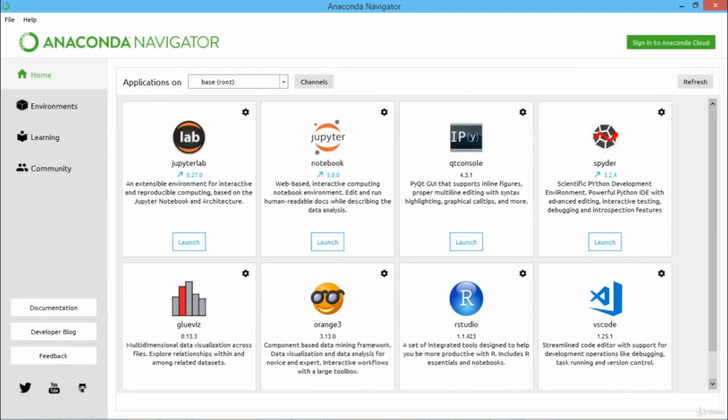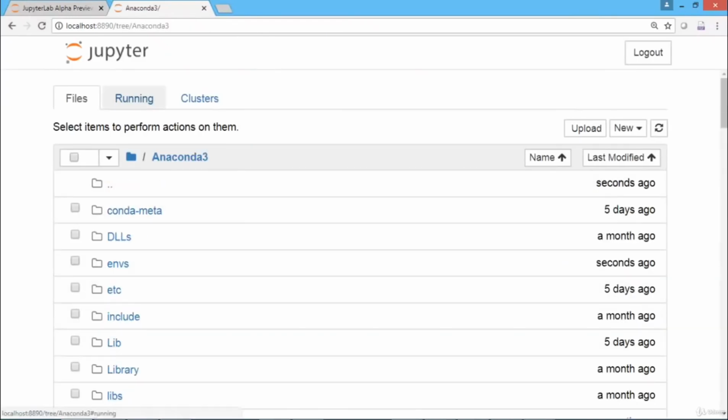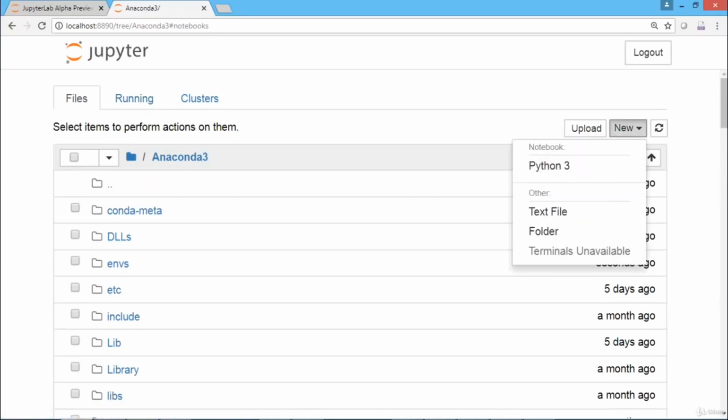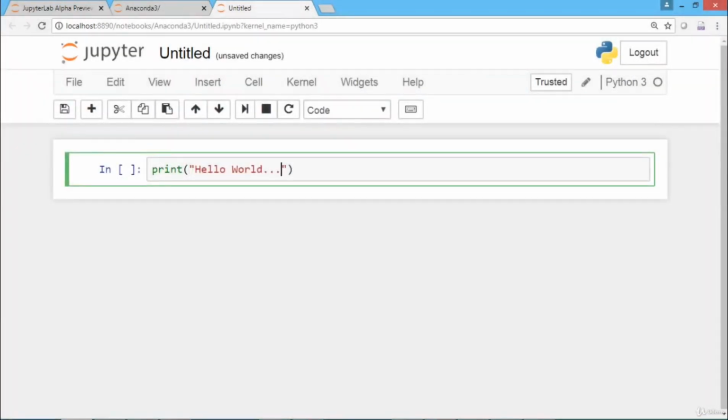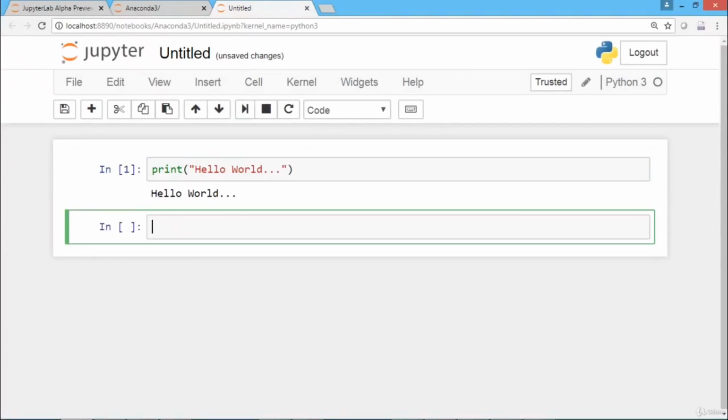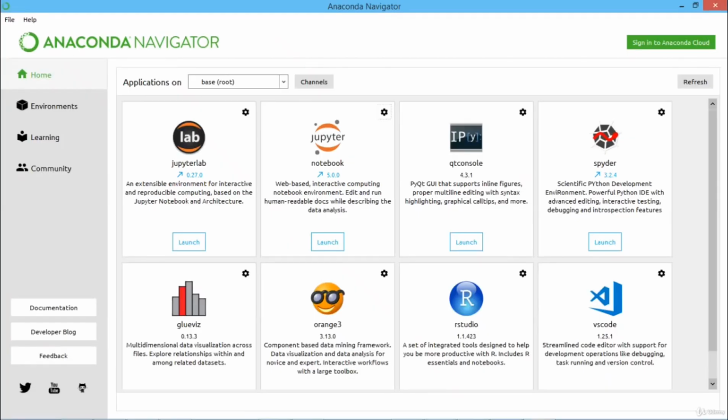So now we are going for this Jupyter Notebook. We tested with the Jupyter Lab. Now we are going for this Jupyter Notebook. This is the respective folder structure it is showing. Now we are going for a new Python 3. So here also you can type, and you can go for the execution. In this way, using this Jupyter, we can also go for typing. So we have tested with the Jupyter Lab and Jupyter Notebook. So two ways we have done.